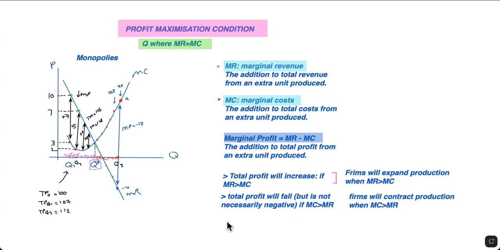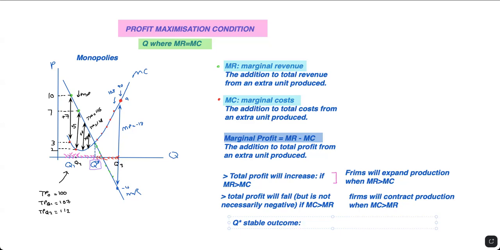Q star is kind of this stable outcome where the firms aren't rushing to produce more because they have more revenue than costs, but the firms aren't rushing to produce less because they have more costs than revenue. So the equilibrium tends towards Q star, and it's maximizing their profits. They've gained all the profit,